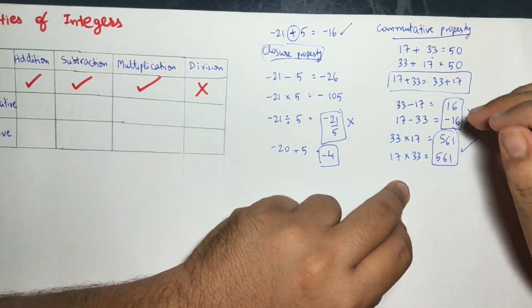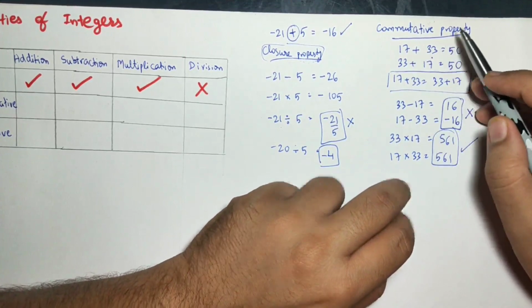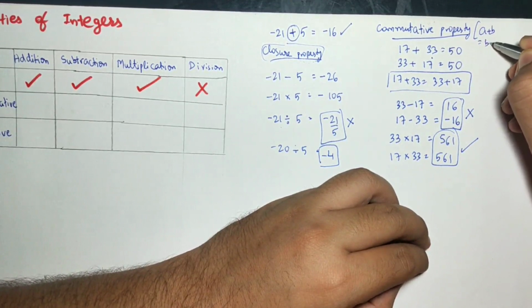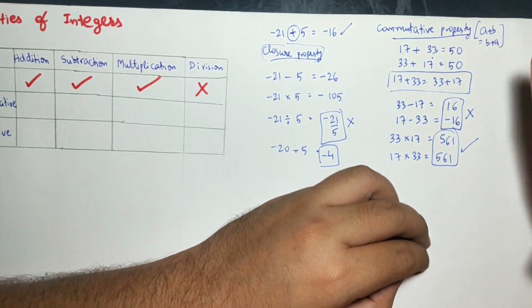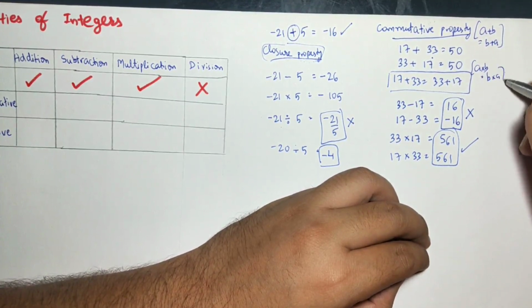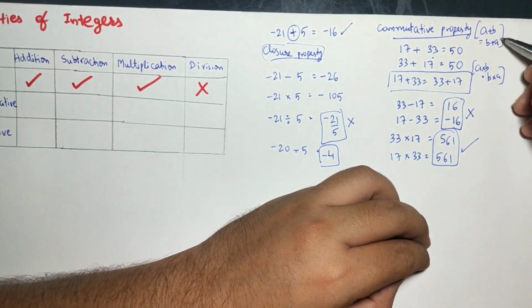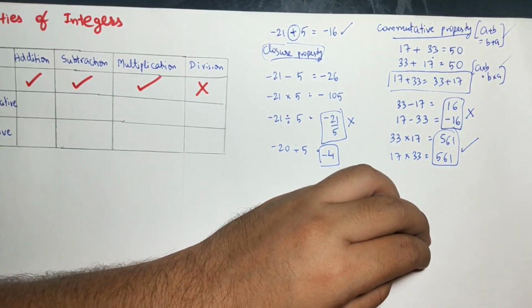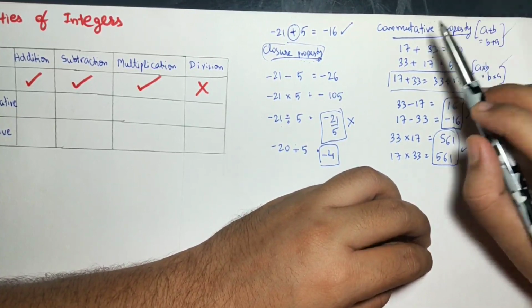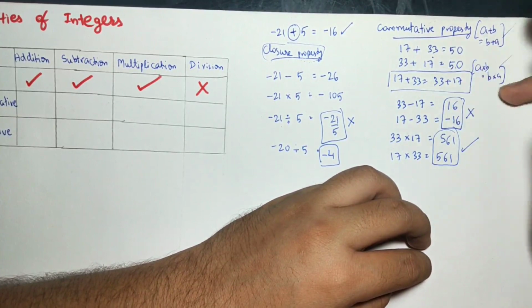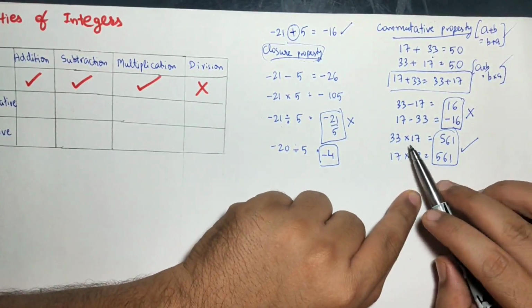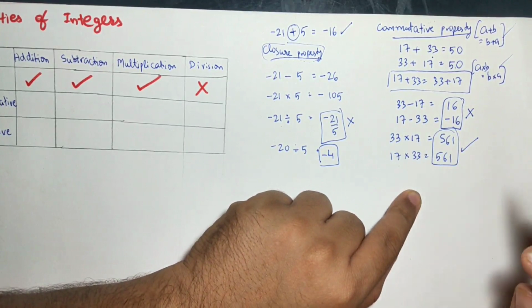So till now what we have learned: if we add two numbers either way, in general form we write a plus b equals b plus a in addition form, or a into b is equal to b into a in general form. For addition we write this way, for multiplication we write this way. So commutative property is true over addition, means if you add any two numbers either way you will get the same answer. Commutative property is true over multiplication. If you multiply two numbers either way you will get the same answer.